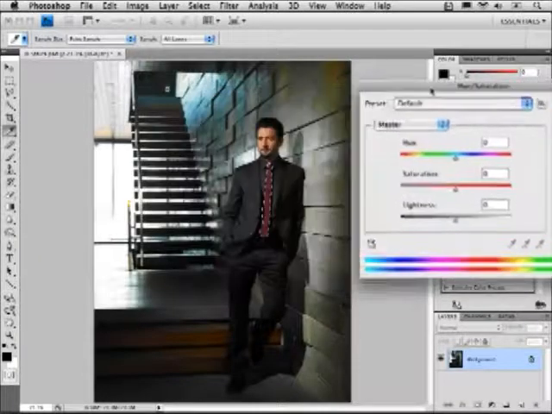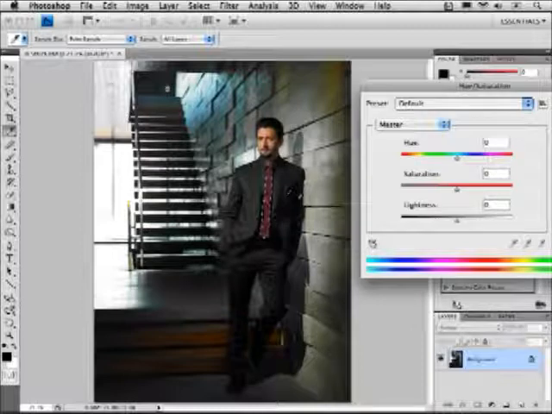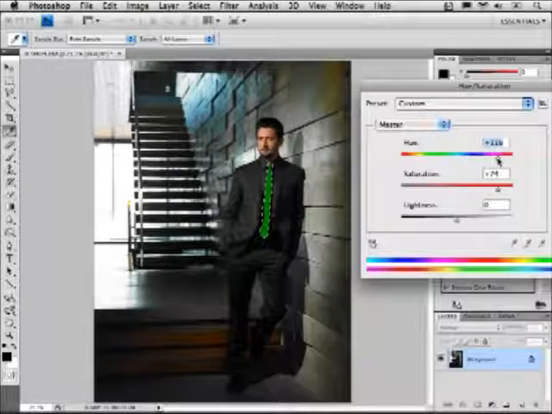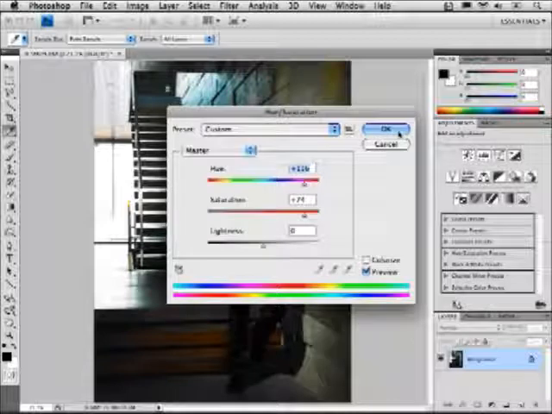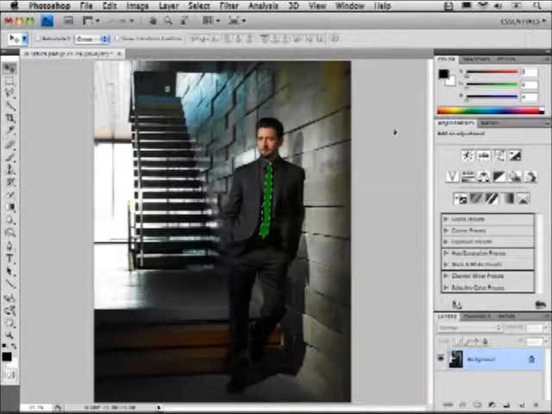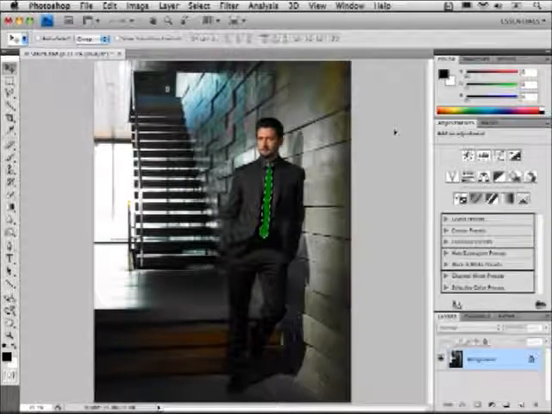So first we need to move that dialog box out of the way so we can see the image. And now we're going to make some adjustments, like boost up the saturation, and maybe we'll actually change the color of that tie. So I think that's good. Now I just need to slide the dialog back over and click OK to confirm that change. Now let me undo that just with a simple keyboard shortcut and show you the new way of doing this